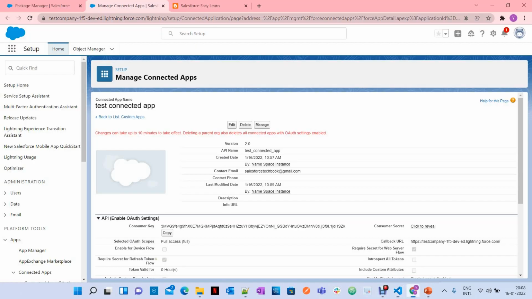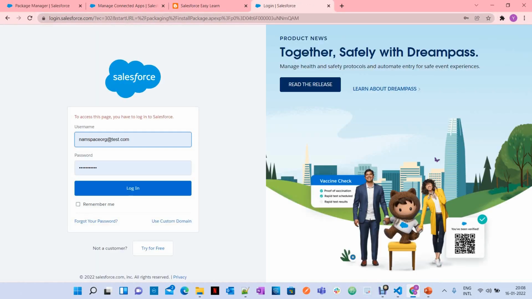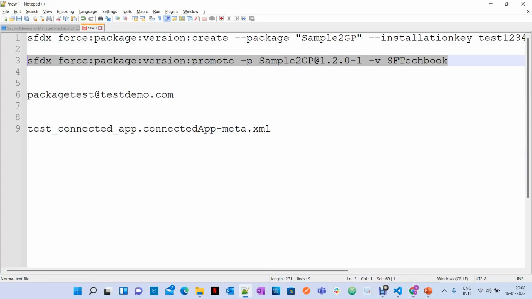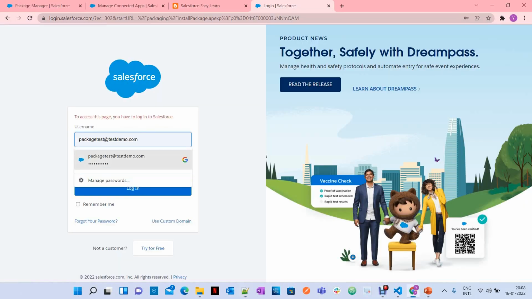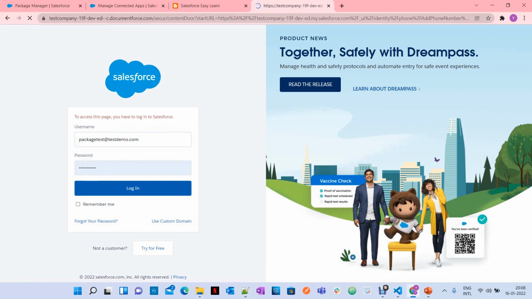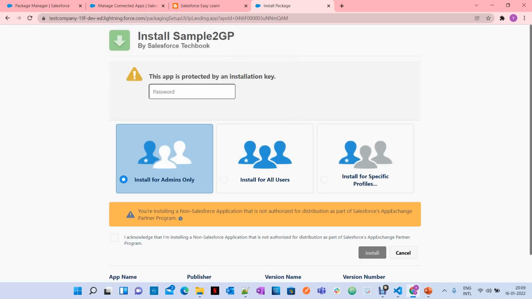Then now let's take this installation URL, or otherwise you can install from here itself. Okay, now I am going to install into an org. Package test.demo. Here it is going to be installed. Now, what is the password here?